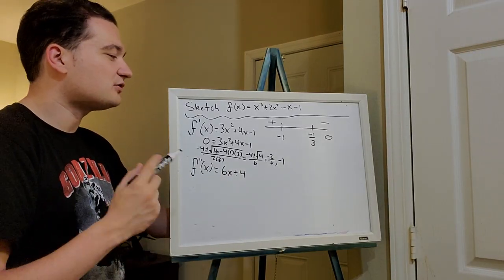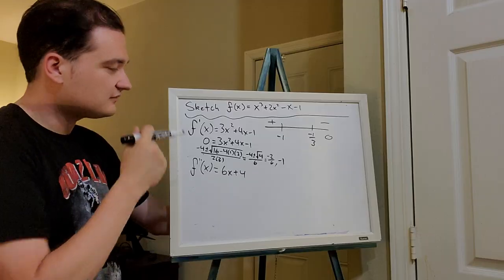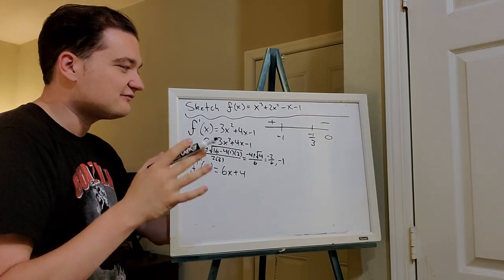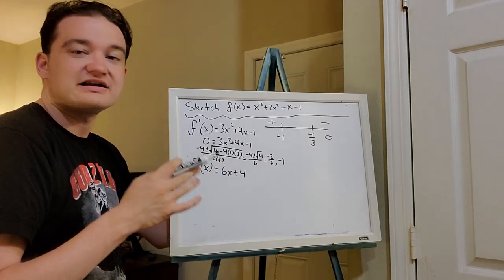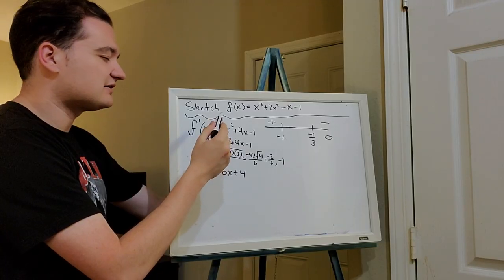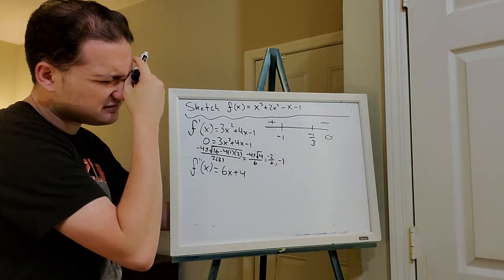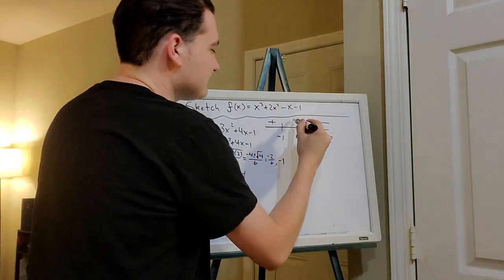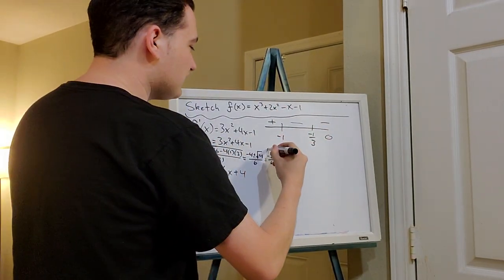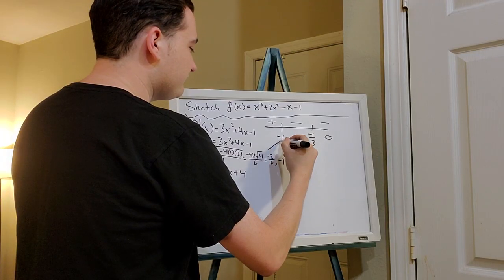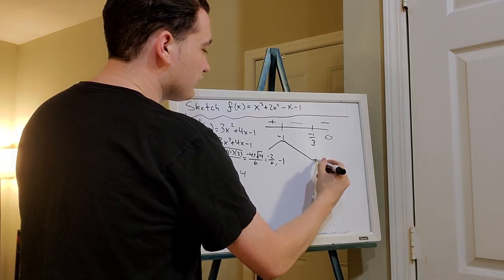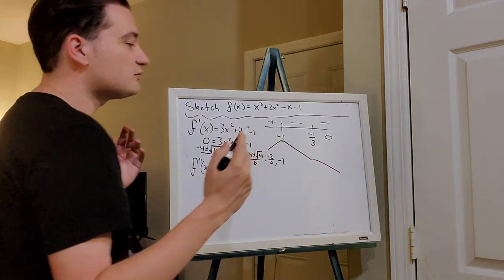And then what happens between the two? Well, if we think about a number between -1/3 and -1, -1/2 comes to mind. So that'd be something like 3/4 minus 2 minus 1, we're going to be negative. So what happens here? The function's increasing from -infinity to -1, decreasing from -1 to -1/3, and then decreasing again from